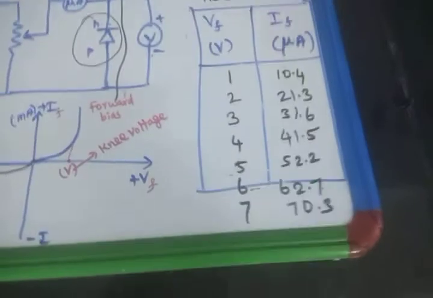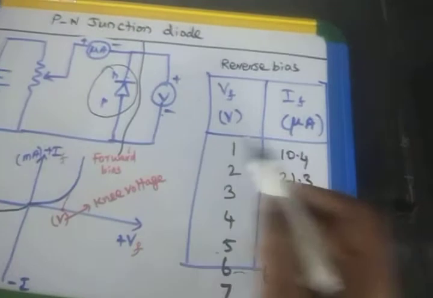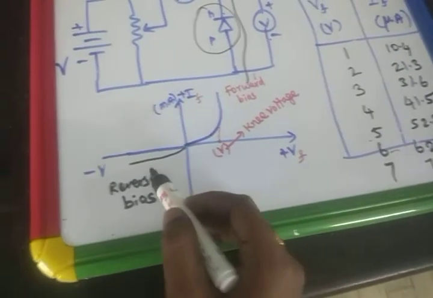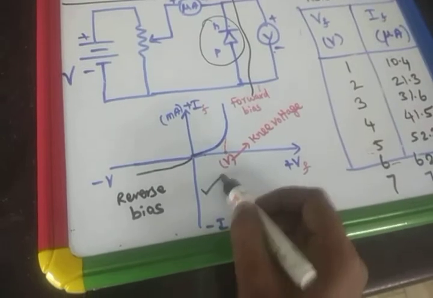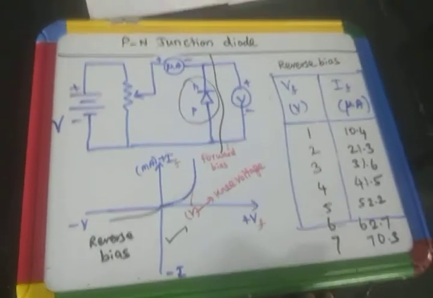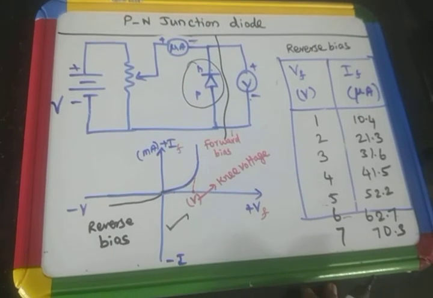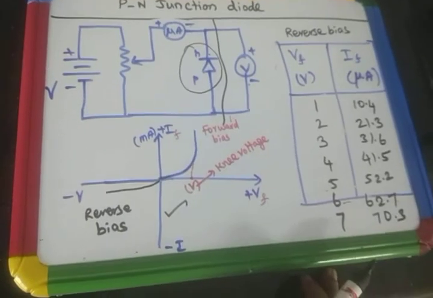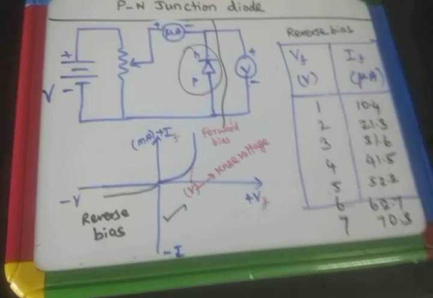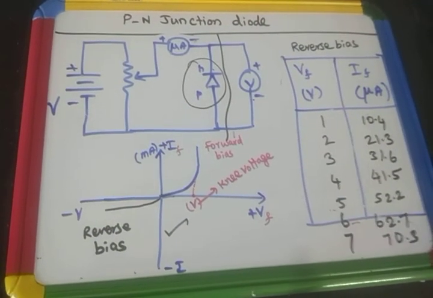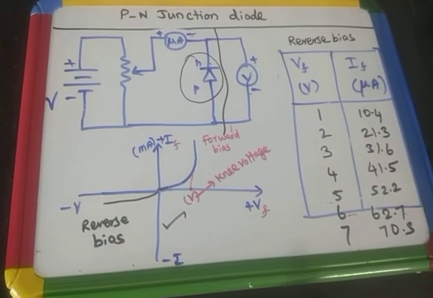Again, if you draw the graph for this, voltage against microammeter reading, we get the graph like this. You need to draw the graph in your record note also, from the exam point of view. So it is a very easy question. This reverse bias current is because of the reverse current. Reverse current is because of the minority carriers of P type and N type.